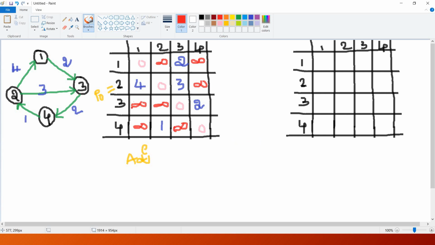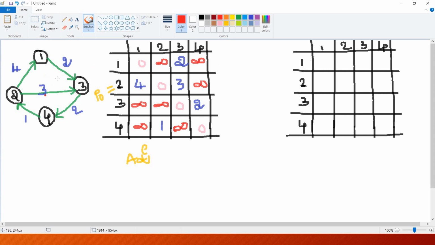Okay. So now this is P0, or A0 as we sometimes call it, because it is an adjacency matrix we got from the given graph. See, what we have done is, if there is an edge between any pair of vertices, we have noted down the cost of that particular edge. If it is a diagonal element, we are making it 0, meaning self loops 1 to 1, 2 to 2, 3 to 3, 4 to 4, all zeros. If there is no direct path from one vertex to the other vertex, simply we are making it infinite. Okay, now we have to use Warshall's algorithm.